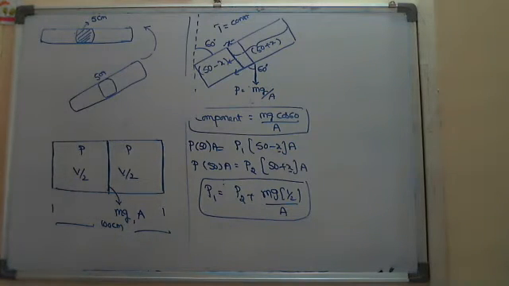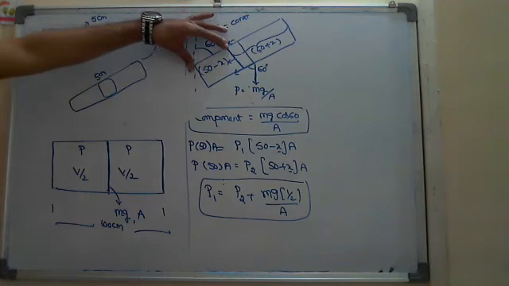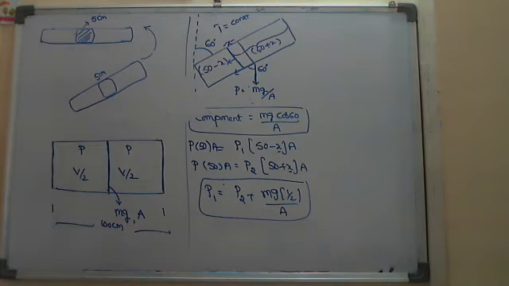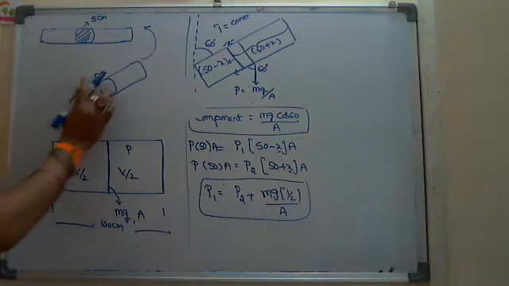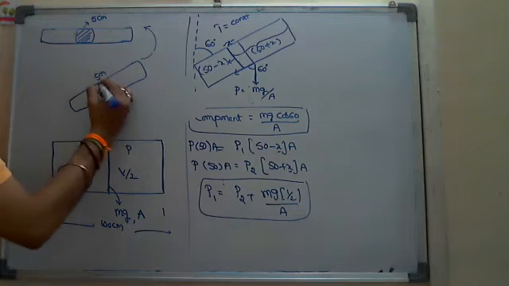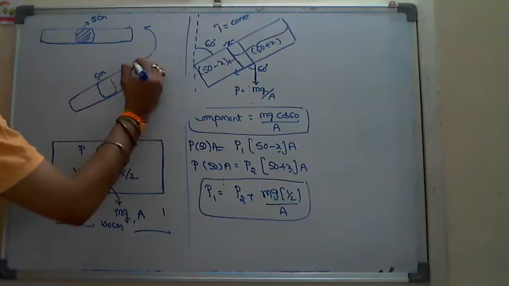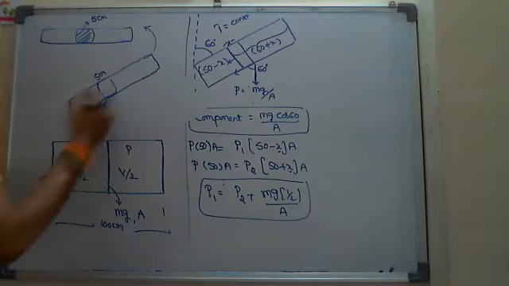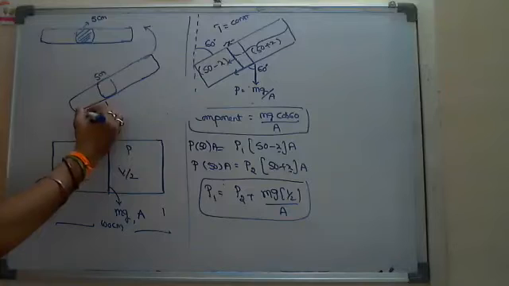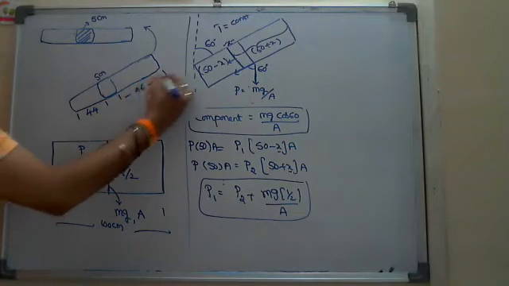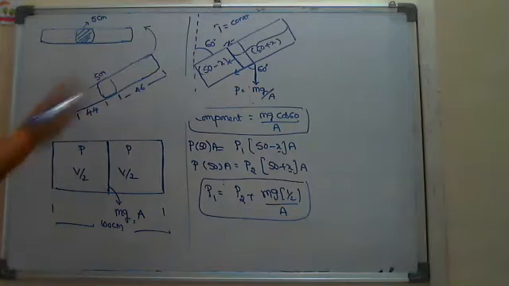And here after tilting, from that concept we observe the length of the lower part will be decreased compared to the upper part. And he gave those two lengths as 44 and 46. Here the length is less, and on the other side the length will be a bit more. This part of length is given as 44, and that part as 46.